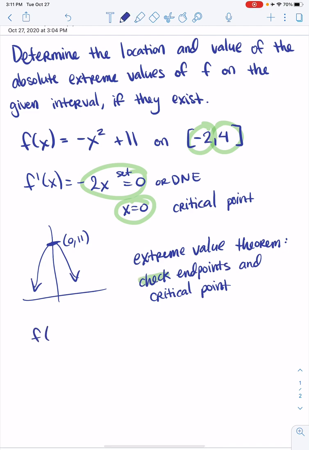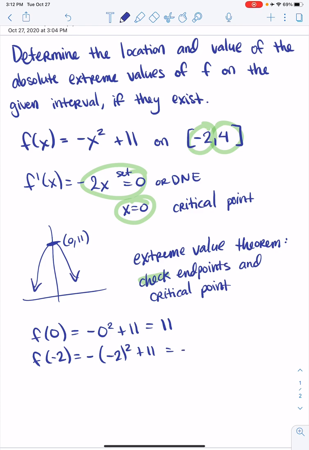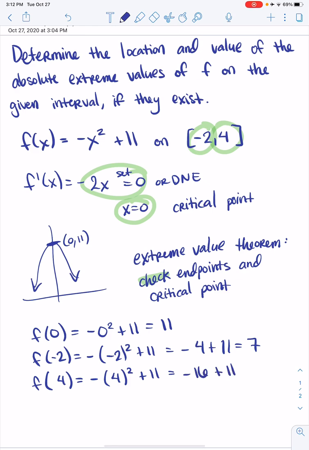So we look at f of 0. That's an easy one. F of 0 is minus 0 squared plus 11 equals 11. F of negative 2 is, let's see, minus 2 squared plus 11, which is minus 4 plus 11, which is equal to 7. And then f of 4 is equal to minus 4 squared plus 11, which is negative 16 plus 11, which